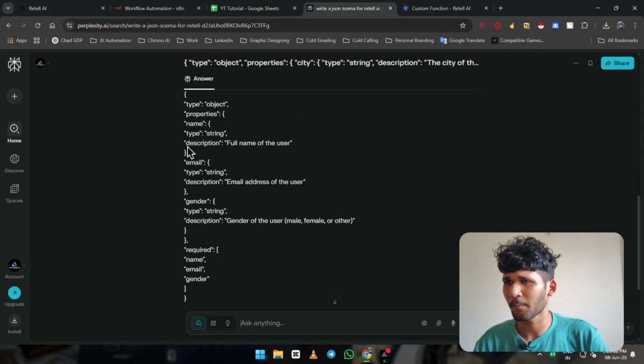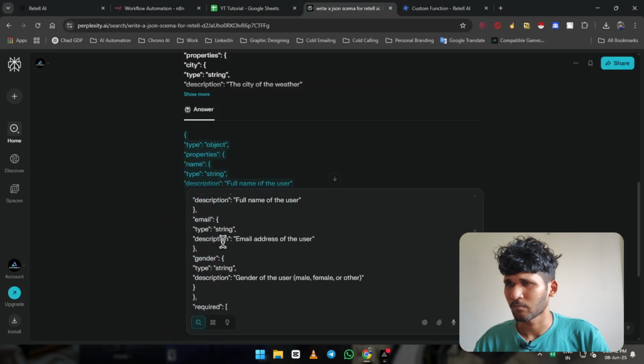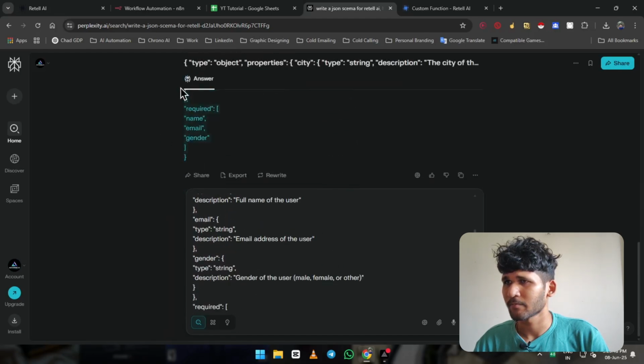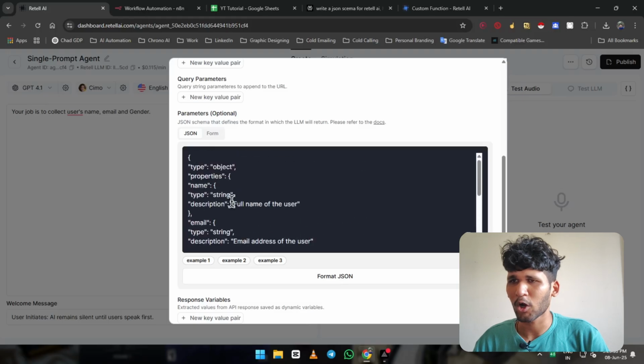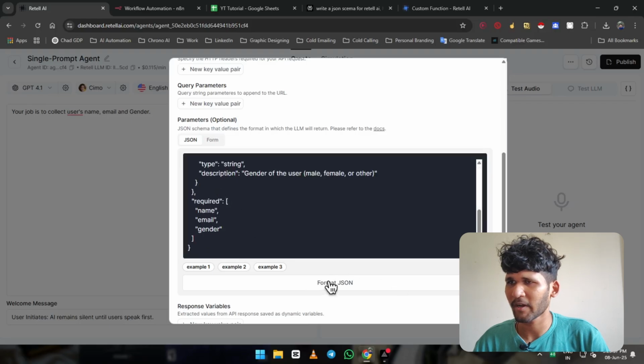So you just have to copy it from here, go back into here and just paste it. Okay, and also then you can click on format, so it is going to format it.